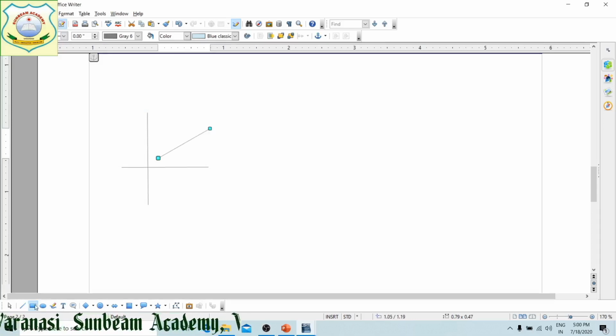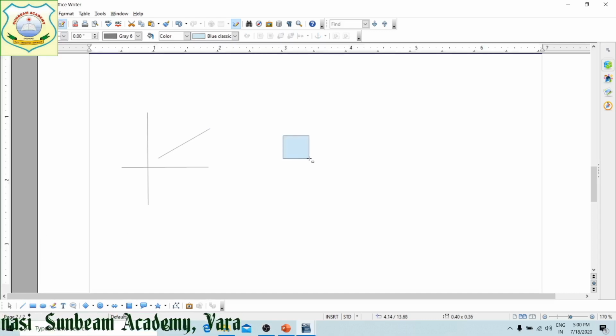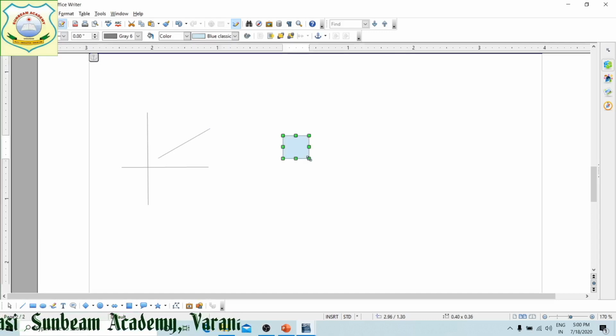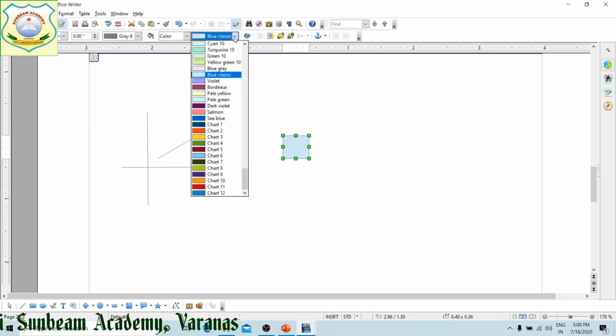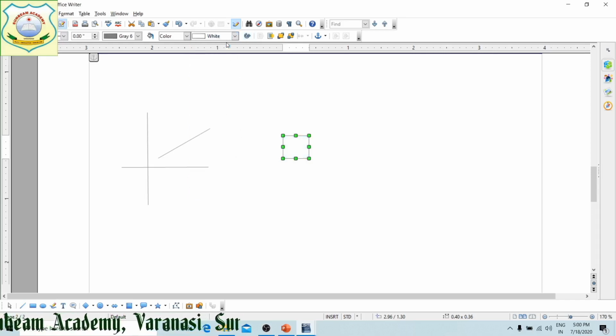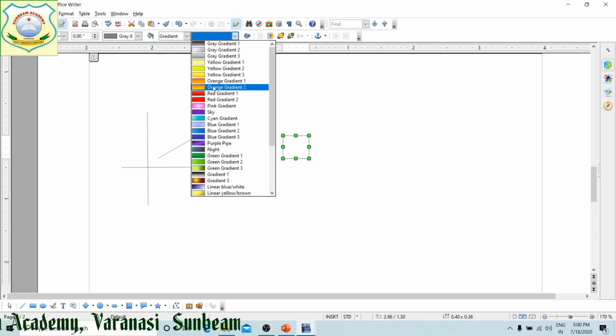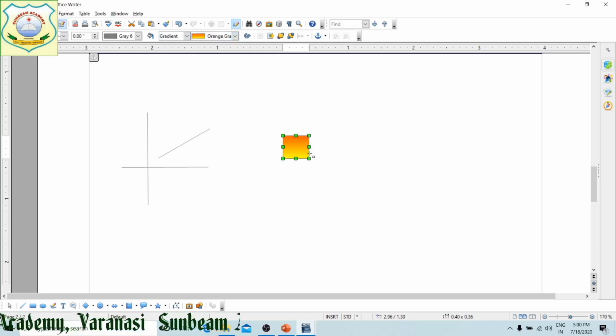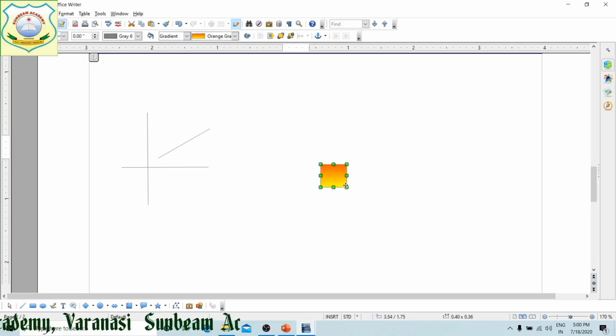Next is your rectangle. With this, a rectangle or square, whatever you need, can be drawn, and its color also you can change from here. If you don't mind, make it white, right? Color gradient, whatever color you choose, you can see the gradient has come over there.